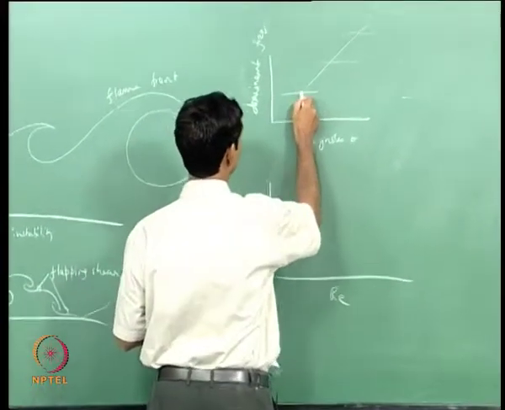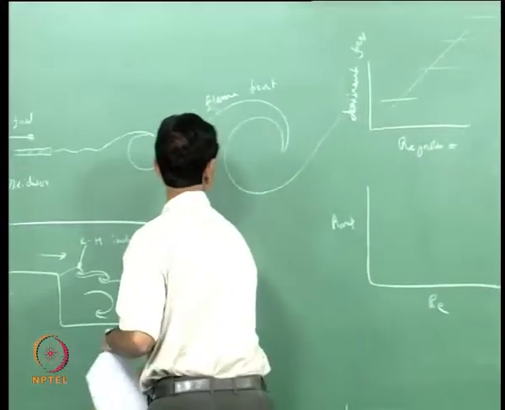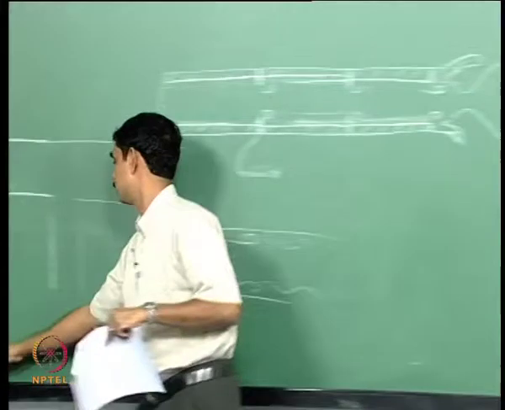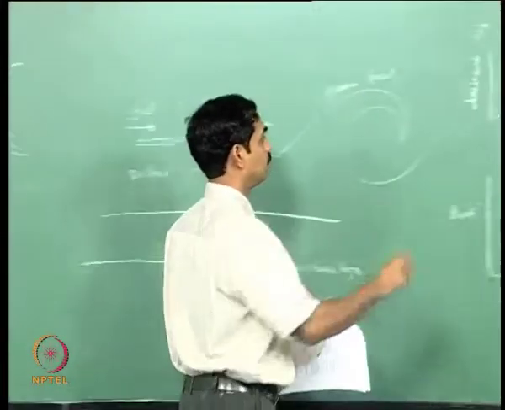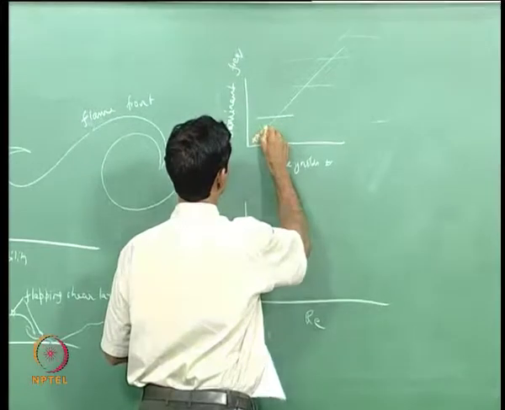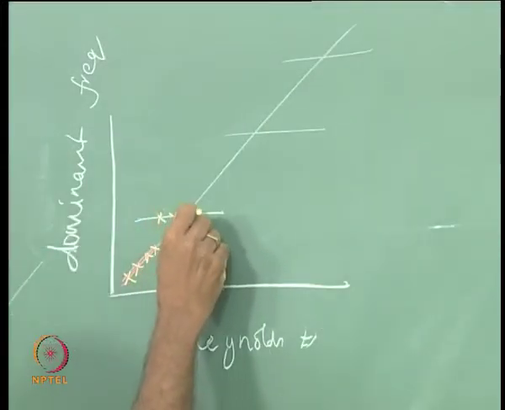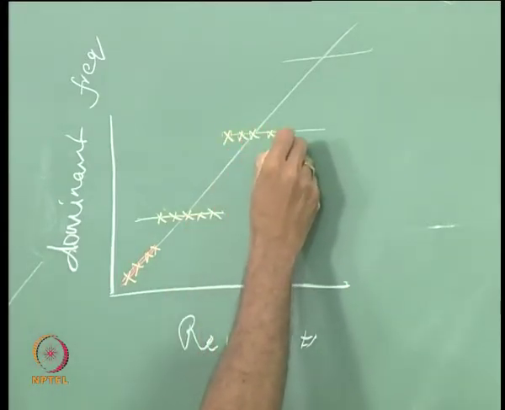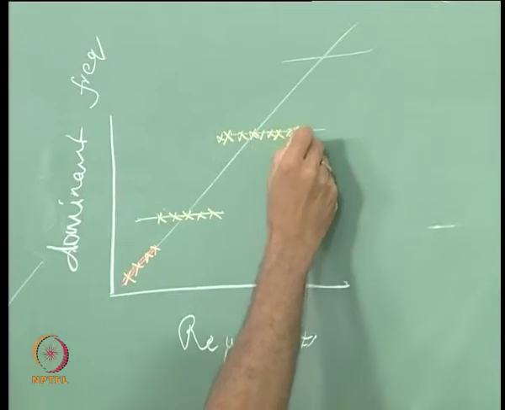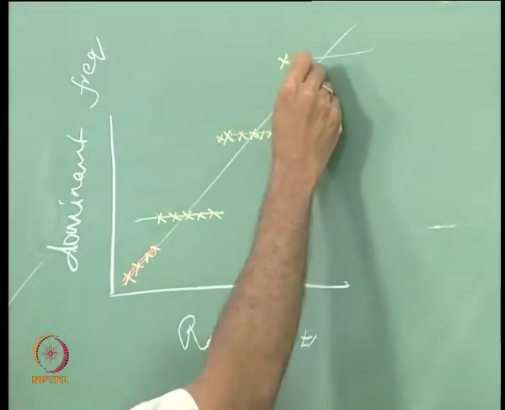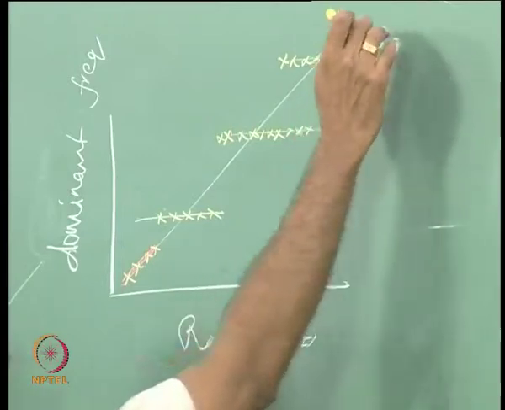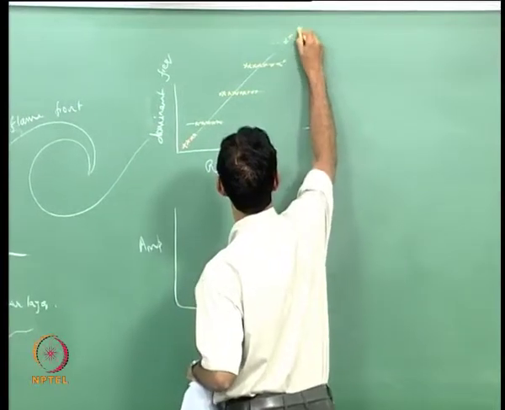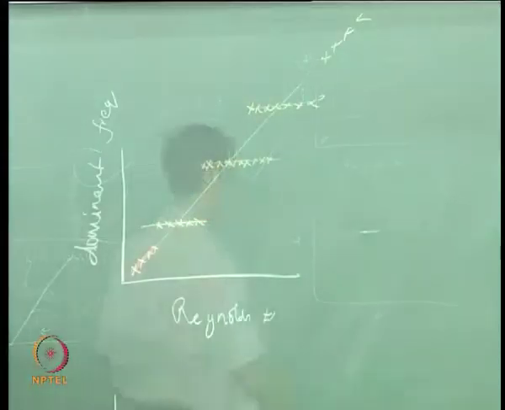So when you are in this region, you will have initially the frequency coming up like this, and then abruptly it locks to here, and then it jumps to the next branch. Of course there will be some hysteresis, and then you go here, and eventually it cannot lock on anymore, so after some time it will continue to go this way,